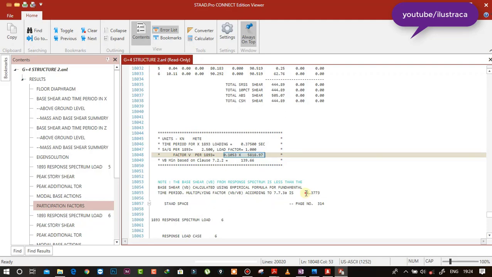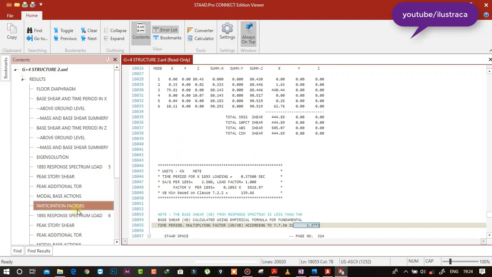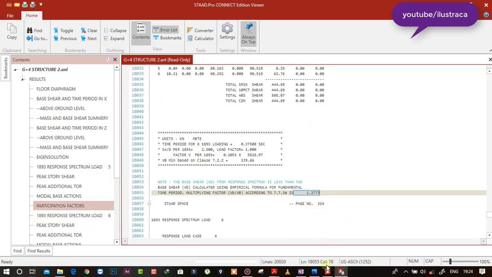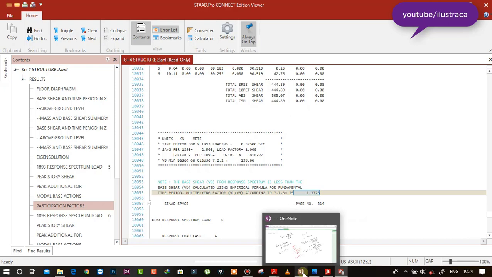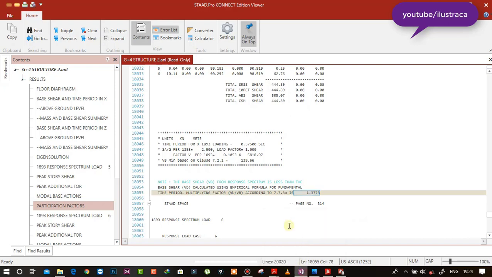If you want, you can multiply this factor again. So for showing purpose I'm going to do that. Just write this multiplying factor somewhere. So for X direction it is 1.3773. Okay, write it here.